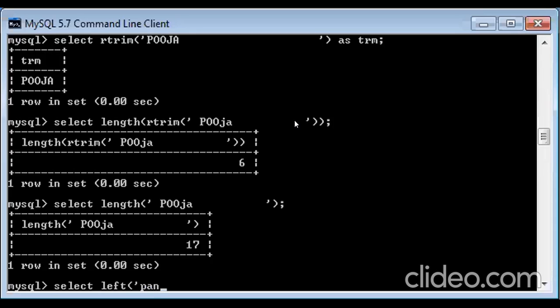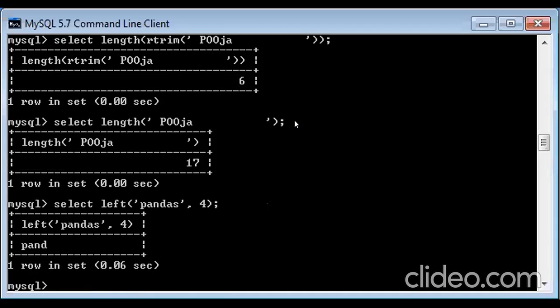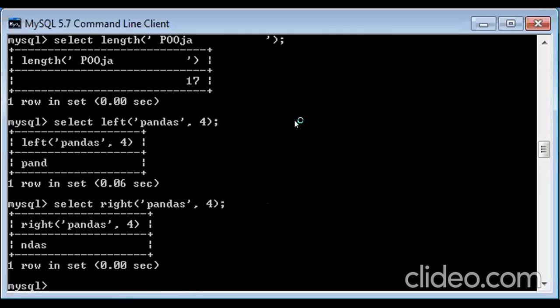Suppose I have my pandas only as a string, and I want from the left all 4 letters to be taken out. I want panda to be taken out. Okay, I have to write 5 for that. So this is the way you can extract from the left. And if I want it from the right, I can just mention right over here and use it like this. So from the right, I can see how many 4 values have come up. S was the first, A the second, D the third, and N the fourth. So this is the way you can actually use left and right.